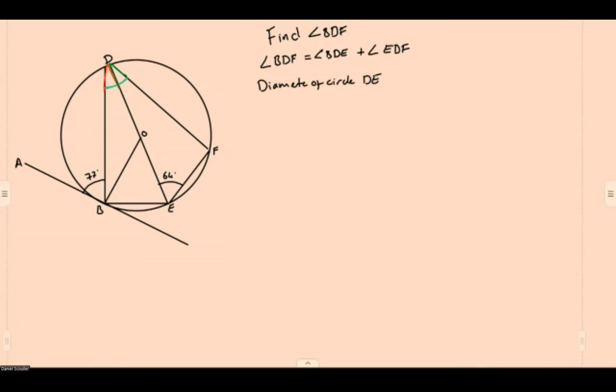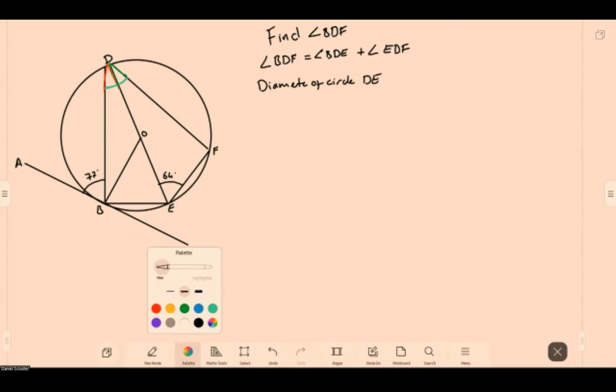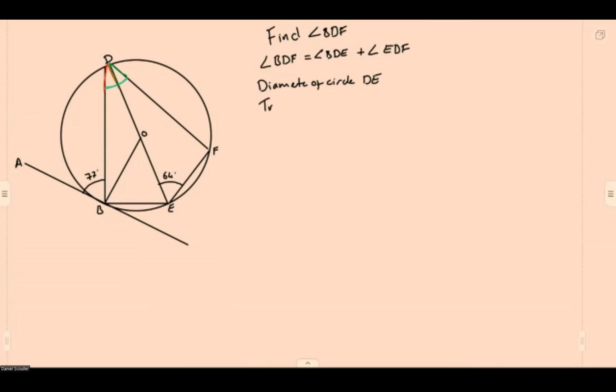If I look to the right of that diameter, I've got one triangle, DEF. Now, D to E being a diameter means if I bring two lines away from where that meets the edge of the circle, so E to F and D to F,